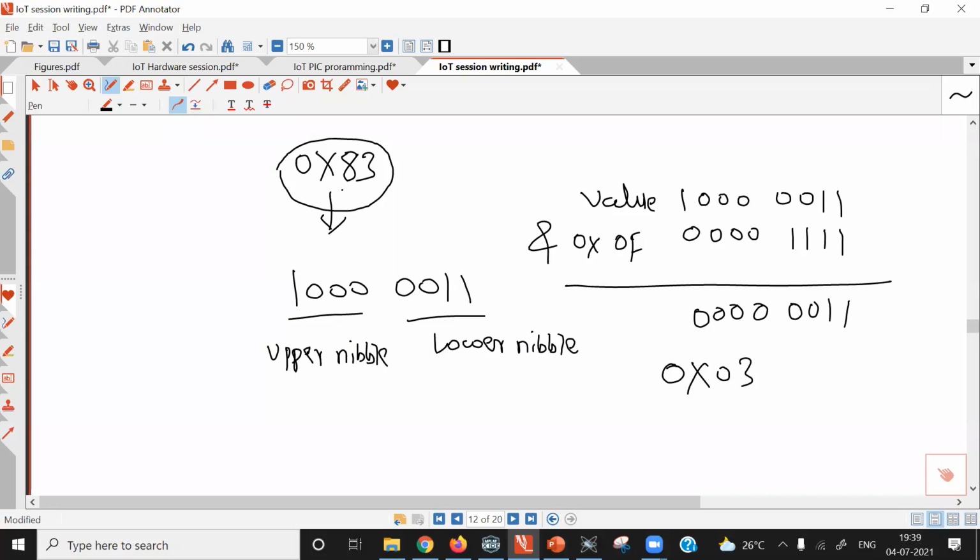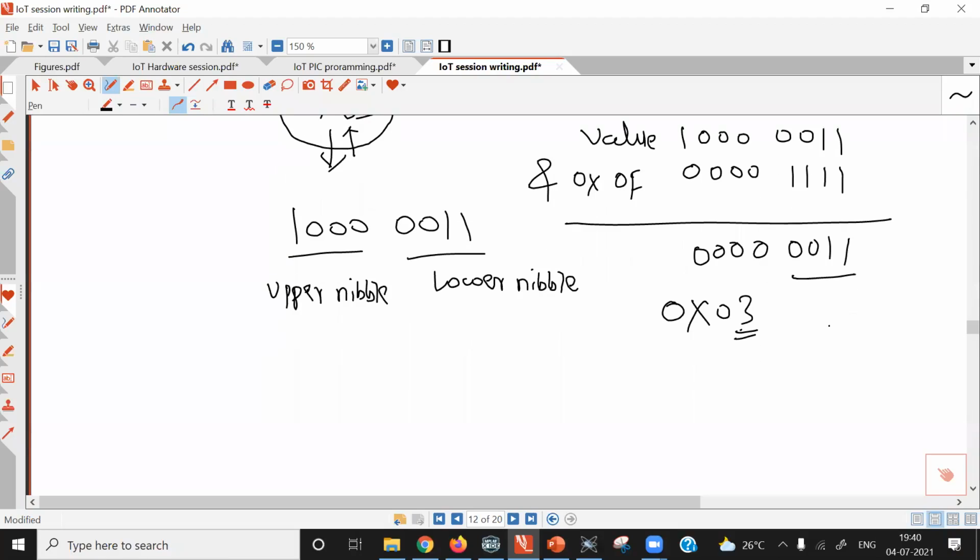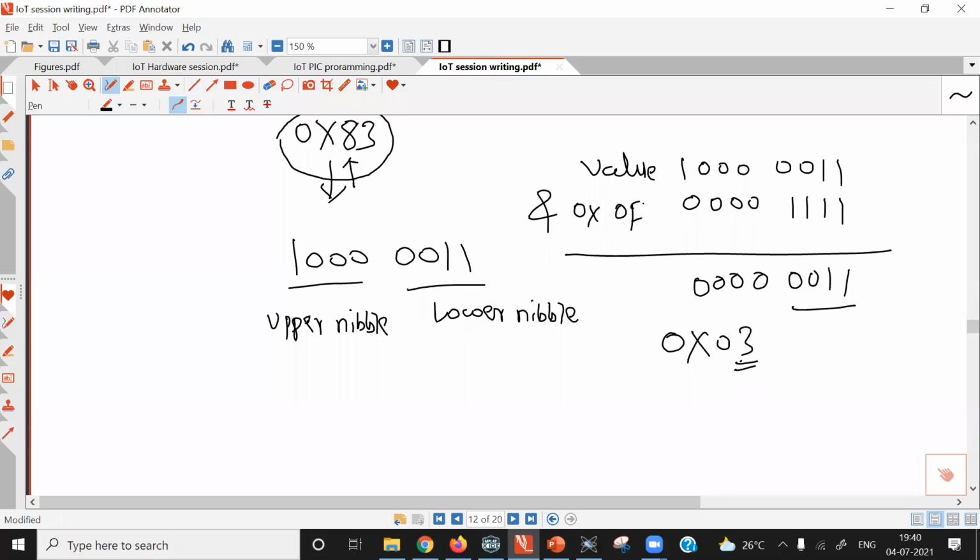That means the hexadecimal digit 8 is removed from the data. So we have obtained the lower nibble, that is 0x03. However, the lower nibble is again saved in 8 bits, and we are interested here in the last four bits, 0011. If we do the ANDing operation with 0xF0, what will happen?